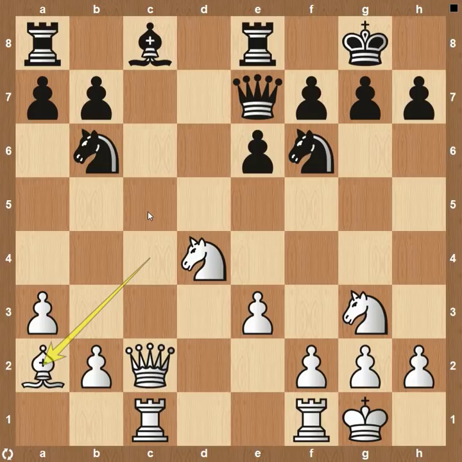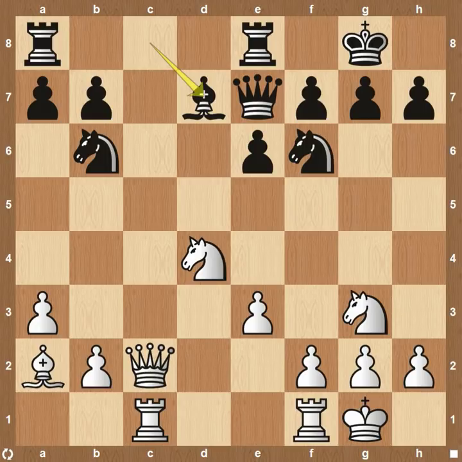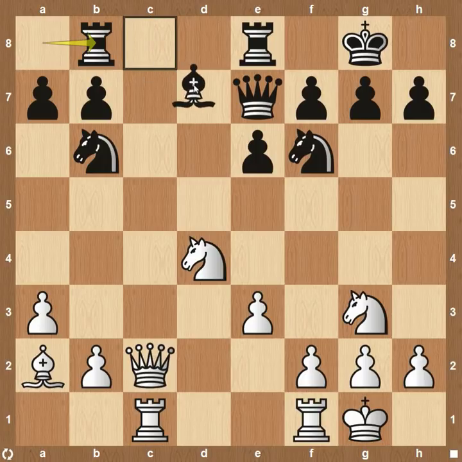on a2. Now, if you look from Black's perspective, he really needs to get his light square bishop involved in the game. Now, his rook and queen are playing somewhat defensive right now, and that's fine. He can always counterattack later. But for sure, bishop to d7 makes a lot of sense here. But instead, we see rook to b8, which does set up for the bishop to get involved in the